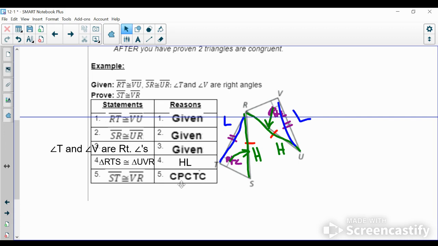So our reason is CPCTC. Okay, and notice how it came right after we said the triangles are congruent for one of the triangle theorems. In this case, we used HL. In another case, you might use side-angle-side or SSS or angle-side-angle or whatever. But right after that, you're going to list